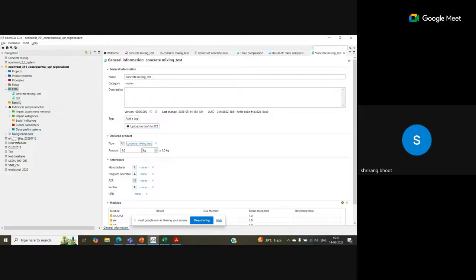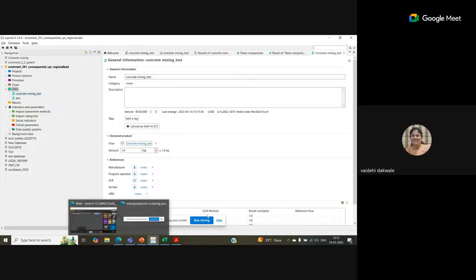So there is a possibility to create EPDs using OpenLCA directly, wherein you can create a report. These EPDs can further be connected into projects. You have to generate the report, get that PDF file, and then further revise it with the help of experts, and get it validated before presenting it in the market. But because of the time constraint, it is difficult to show everything. There are n number of things that can be done with the software.